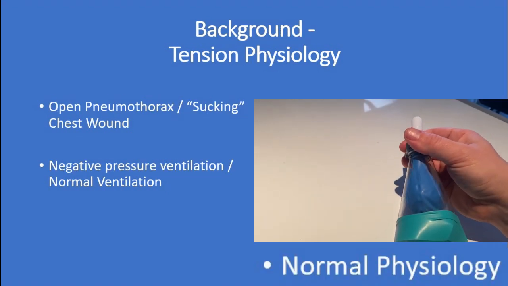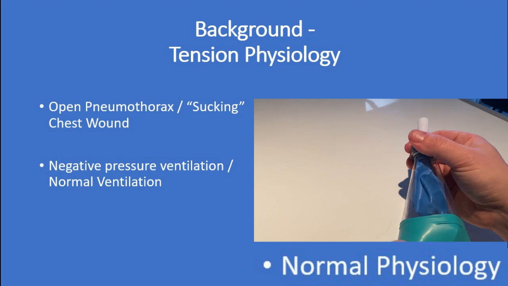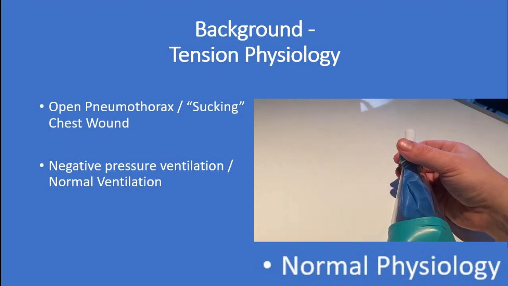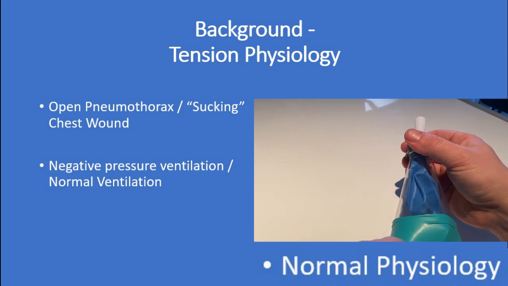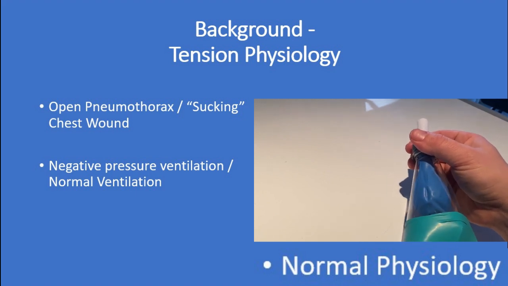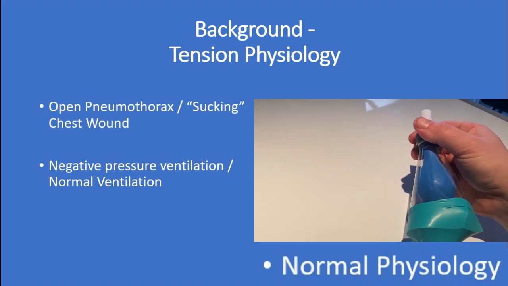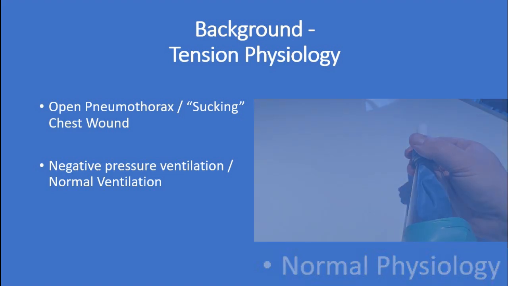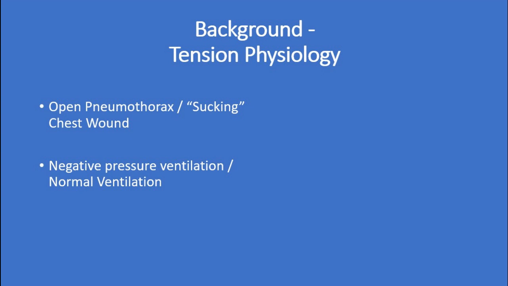From the trauma perspective, there are two main methods of developing tension physiology. In the patient with an open pneumothorax, the main cause for concern is the sucking chest wound. This is when there is a wound to the chest wall, typically greater than 2/3 the size of the trachea, that acts as a one-way valve, meaning it allows the passage of atmospheric air into the pleural space but prevents